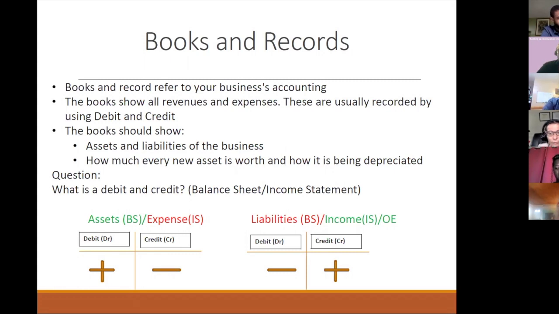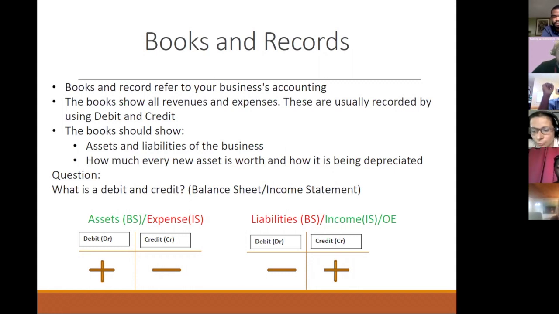Now, for people that have QuickBooks, let me give you an example. If you connect QuickBooks to your bank account, all you're going to see is one side of the transaction. If there's an increase, QuickBooks is going to show money coming in. If there's a decrease, it's going to show the money going out. So what QuickBooks is doing is just showing one side of the transaction, a decrease in cash or an increase in cash.